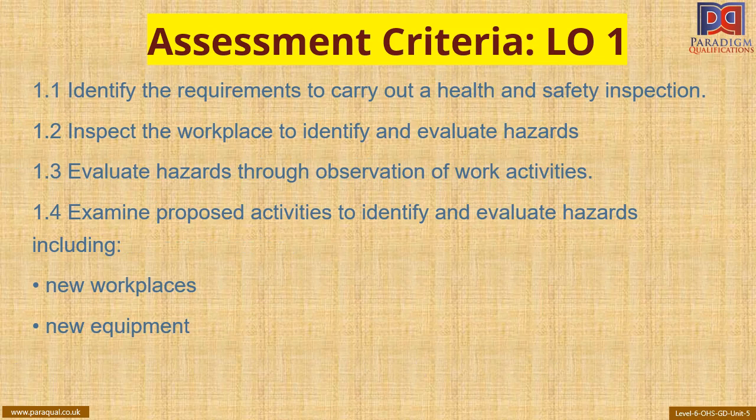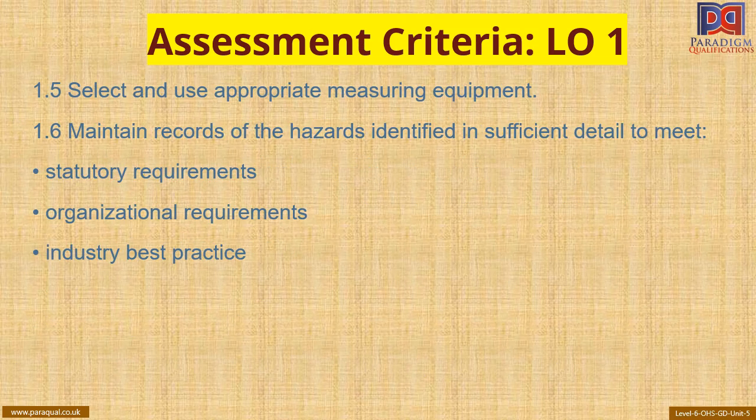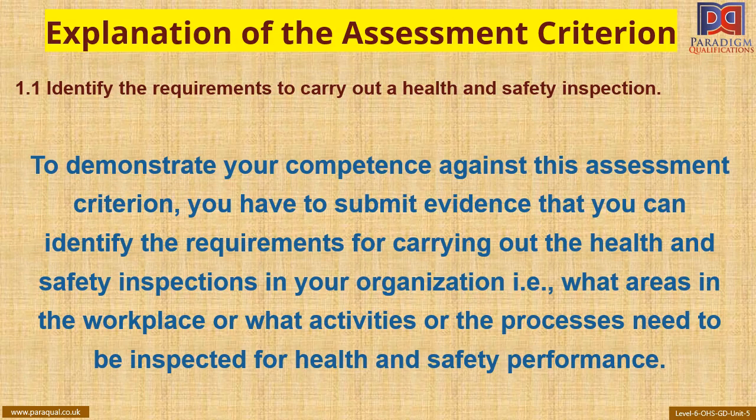There are a total of 6 assessment criteria in the first learning outcome. Let's discuss each assessment criterion, what it requires from you and what can be the suitable evidence. 1.1 is identify the requirements to carry out a health and safety inspection. You can submit evidence that you can identify the requirements for carrying out the health and safety inspections in your